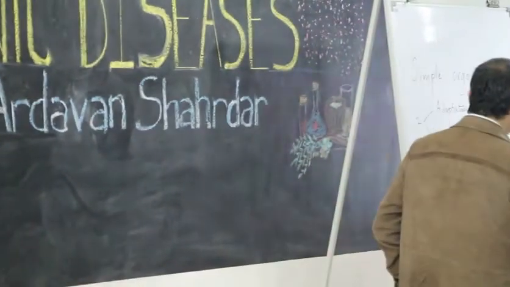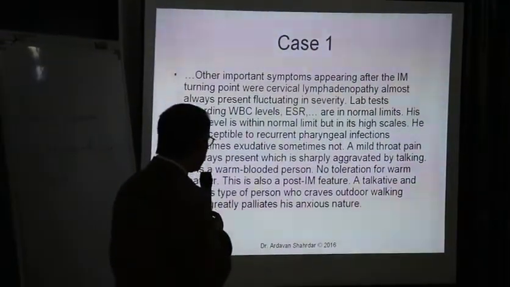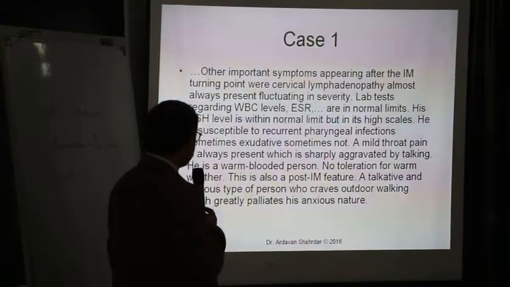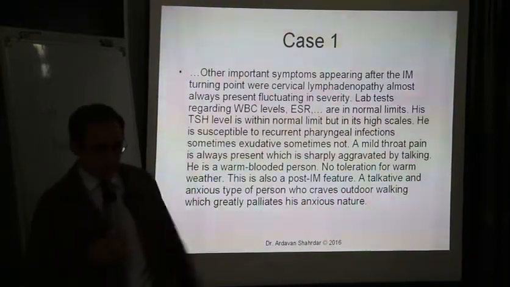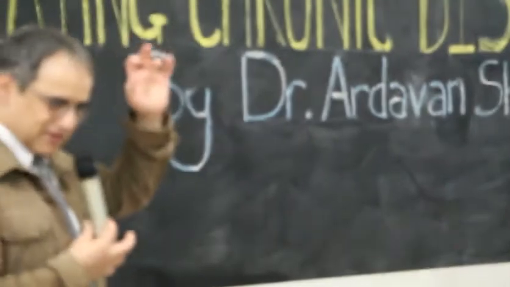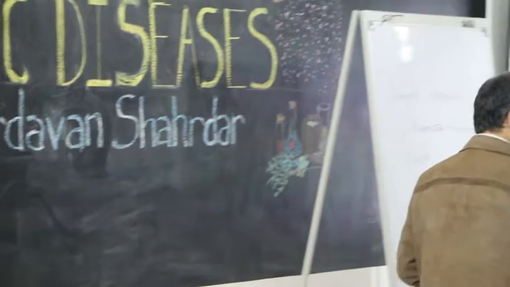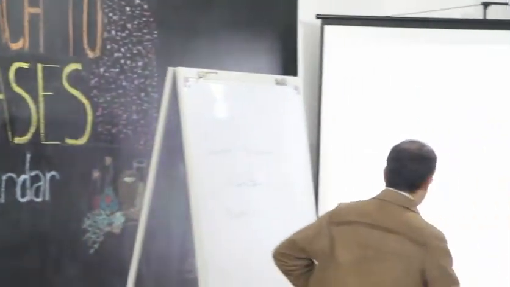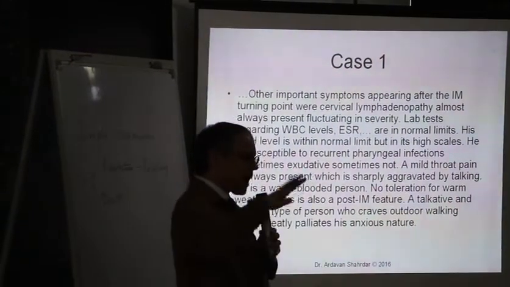Lab tests regarding WBC, white blood cell levels, and ESR are within normal limits. His TSH level is normal. TSH is thyroid stimulating hormone, the hormone that is secreted from the hypophysis in the brain, that stimulates the thyroid gland to secrete thyroxine. It's within normal limit, but in its high scale, it is something around